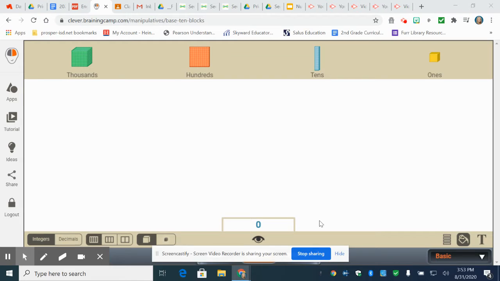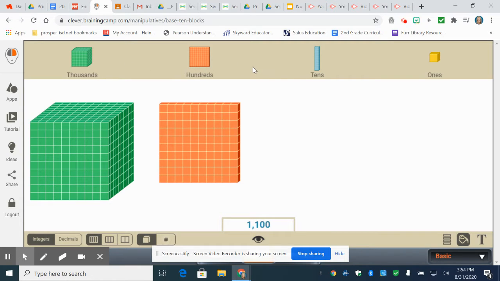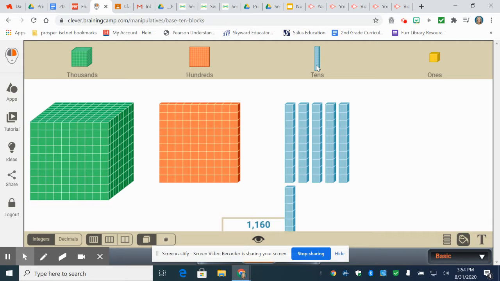All right, mathematicians, today we're going to keep practicing composing and decomposing numbers up to 1200. All right, so I want us to look at the number. Let me write this number right here. All right, so let's look at the number that I built, 1193. Now, if I want to write that number